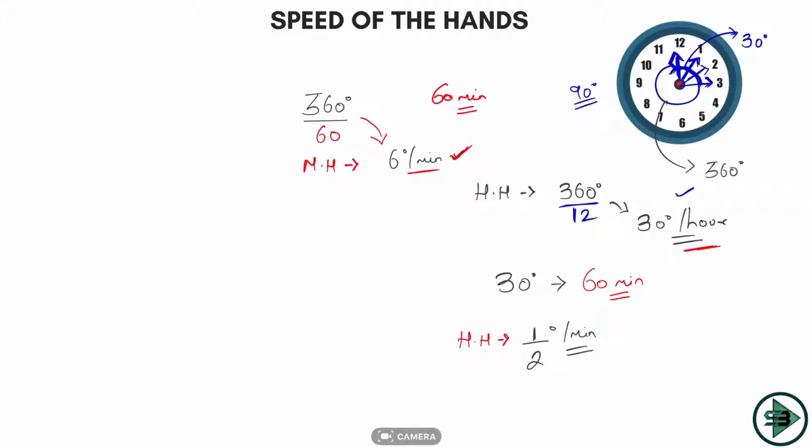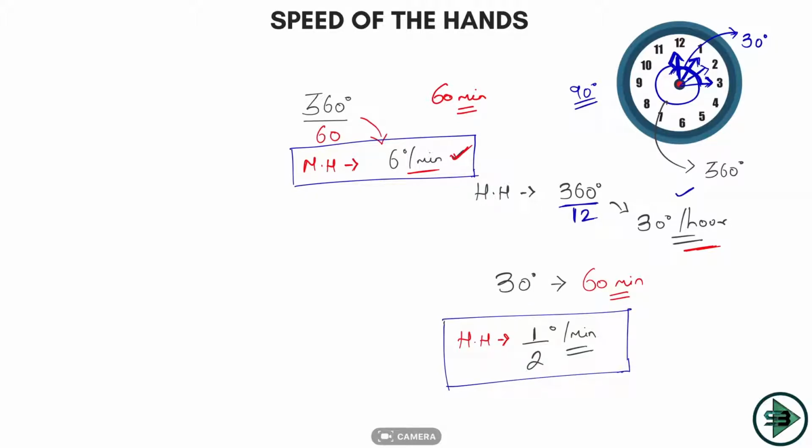Okay, that's what you have to get from this part. So these two things I understood from here. Speed of the minute hand, 6 degrees per minute. It is faster, of course. And the speed of the hour hand is nothing but half a degree per minute. It is slower. It only moves half a degree per minute. And the logic is quite simple. If I said it goes 60 degrees in 60 minutes, you would have said 1 degree per minute. But it is not going 60, it is going 30. So it is going half a degree per minute. Okay, so that's what you have to understand.